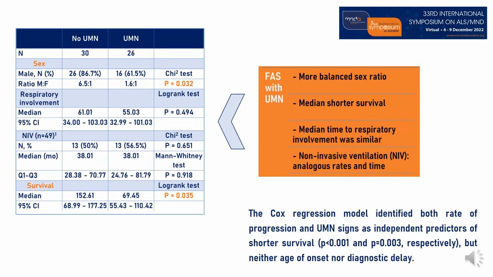However, when we compared those with or without upper motor neuron signs, we found that patients with upper motor neuron signs had more balanced sex ratio and a median shorter survival, but time to respiratory involvement and NIV adaptation was similar. Also, the Cox regression model identified rate of progression and upper motor neuron signs as independent predictors of shorter